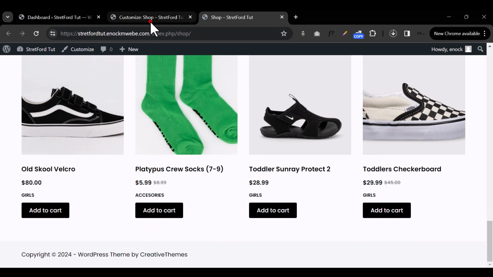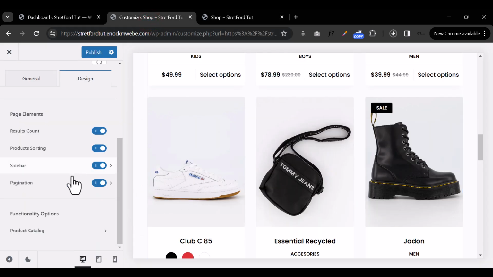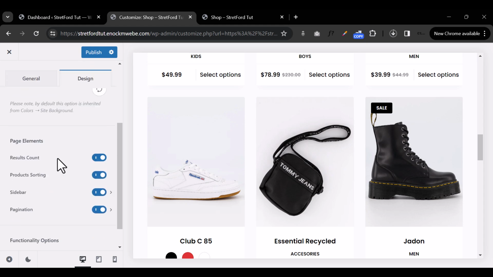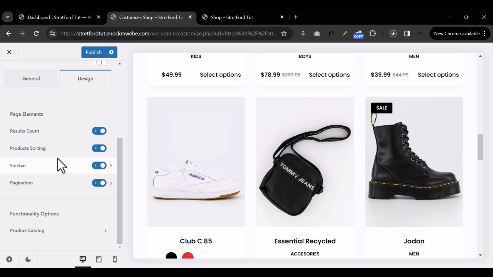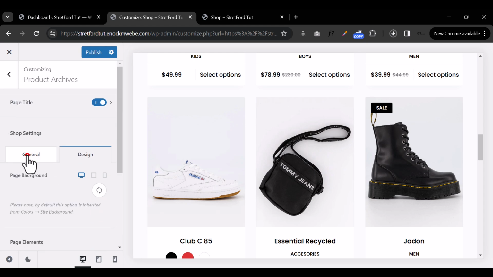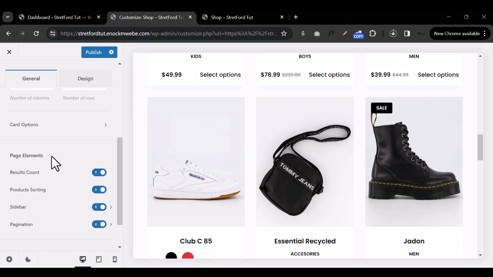We have 16 products, and I wanted to show you guys a pagination, but since we have fewer products, I won't. It's basically just numbers below where the product images end. Now I'm gonna jump out of this, go back to general,